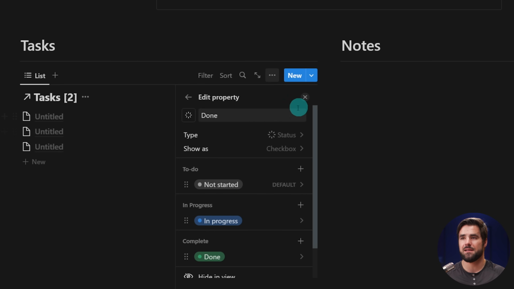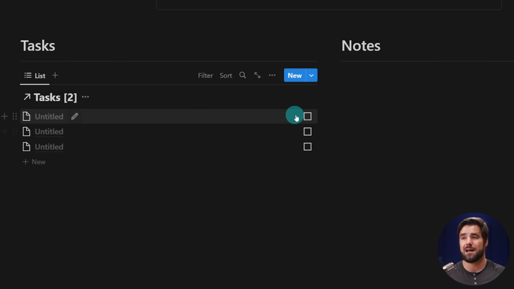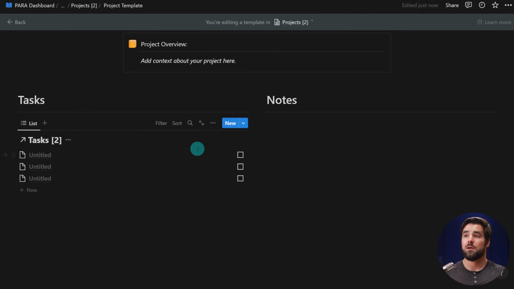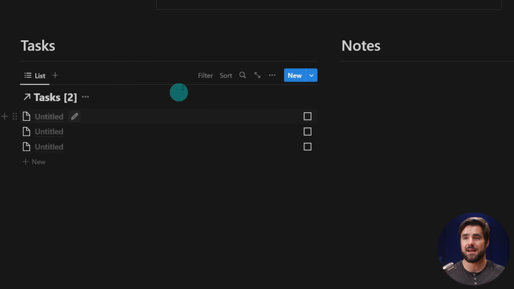So just keep that in mind if you are implementing, like, say, a Kanban view or you actually do want to mark something as in progress. But personally, I don't see a reason to do that. I often just have tasks as they are, and then I check them off when they're done, and I'm good to go. So because we want to see only tasks that are related to this project, we want to create